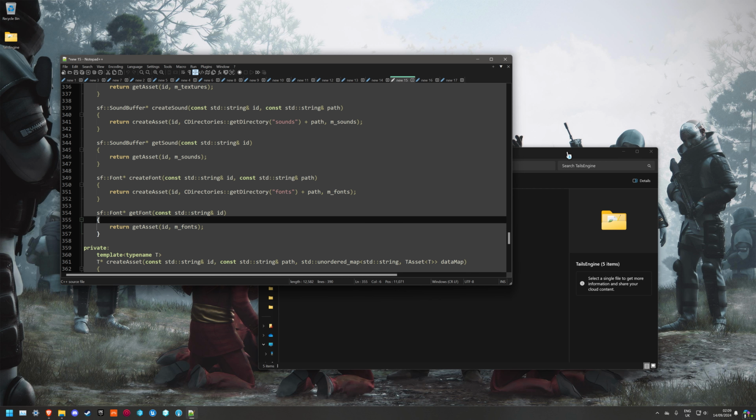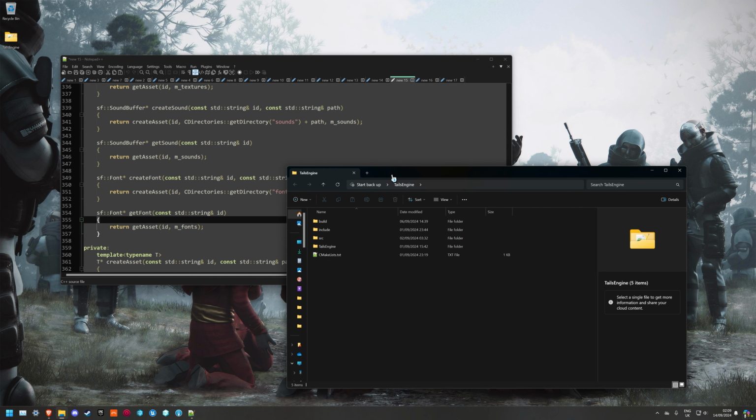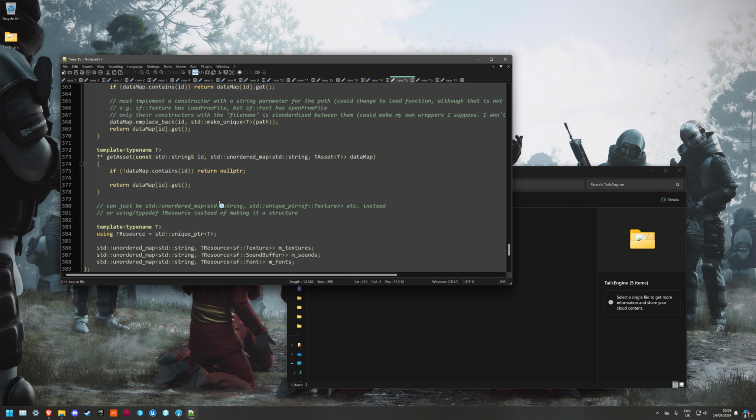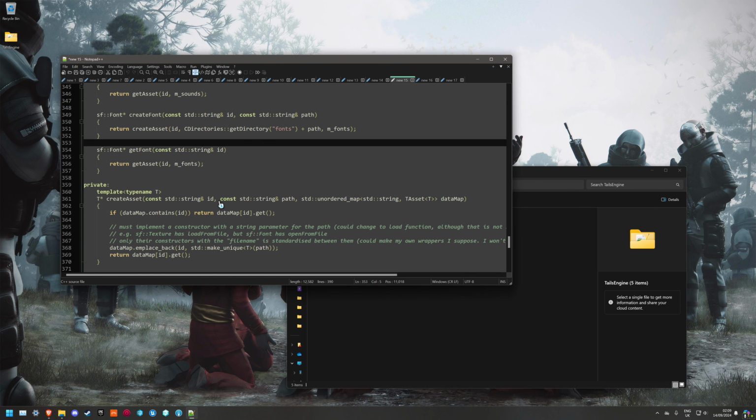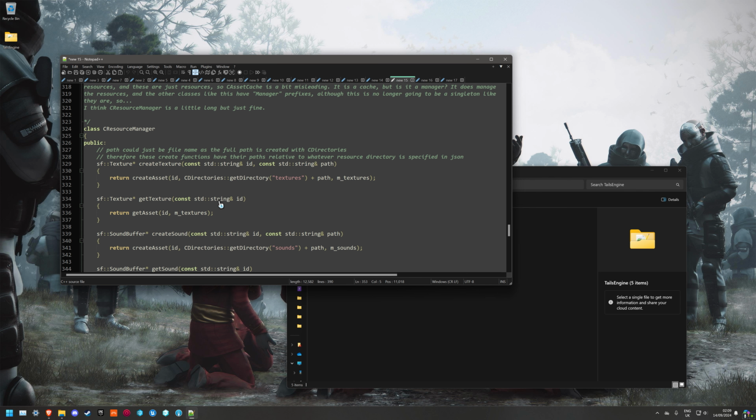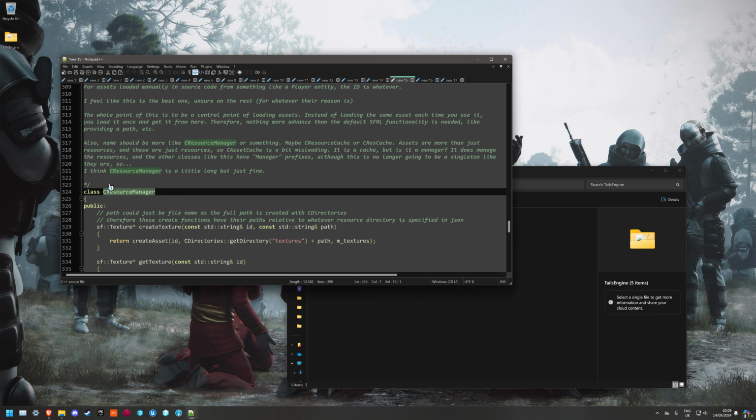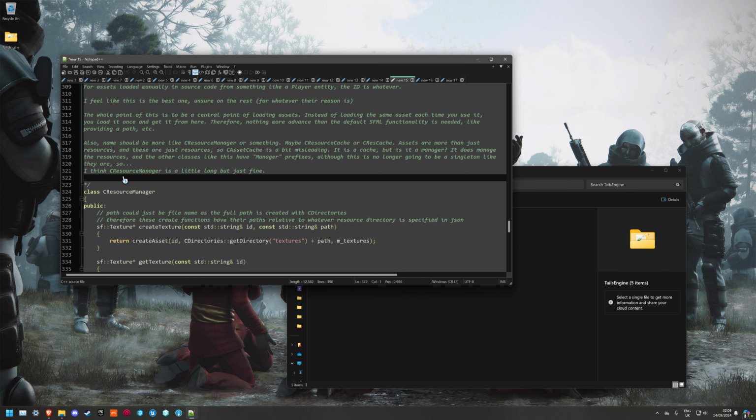Hello, it's been a bit of time, but we're back working on Tails engine, and I decided to try and revamp the asset cache thing, basically turning it into a resource manager, completely disregarding the idea of an asset because it's meant to be super simple. The problem that we have is